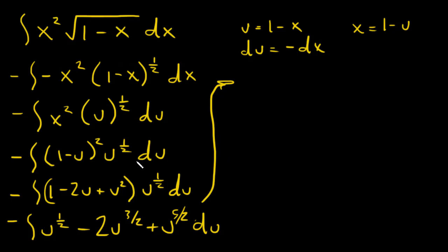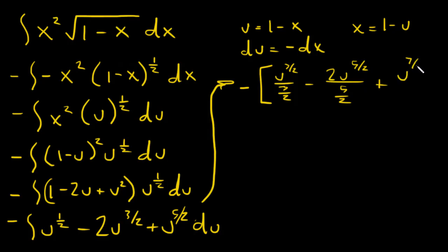It looks like a lot of work, but it's not that bad. This is going to be negative. Here we go. This is going to be u to the 3/2 over 3/2 minus 2u to the 5/2 over 5/2 plus u to the 7/2 over 7/2